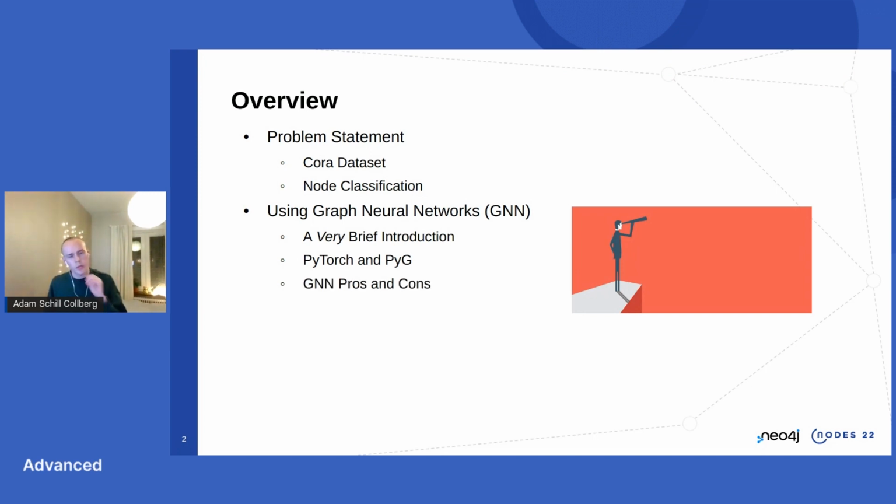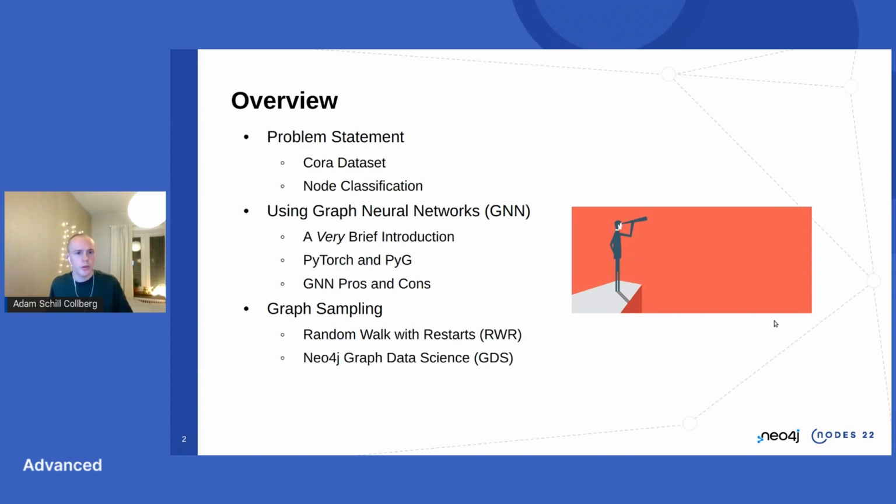Then we'll talk about some pros and cons of GNNs, why they're good and some limitations, and how graph sampling can be a way of getting around some of the limitations. So we'll talk about graph sampling, one particular graph sampling algorithm, which is random walk with restarts. We'll talk about the Neo4j Graph Data Science library, which I work with, that will allow us to do this. Then we'll do the demo,